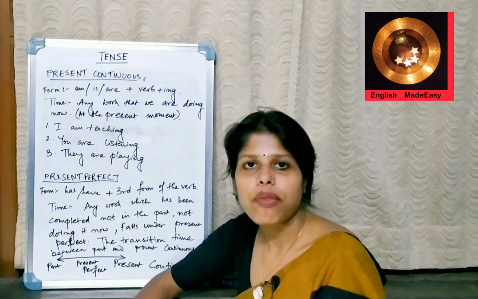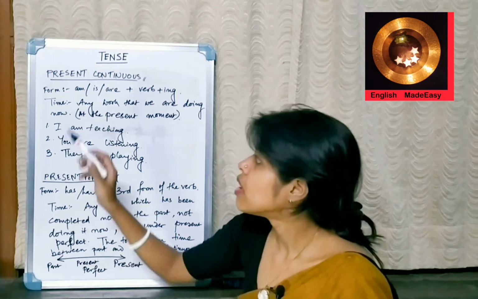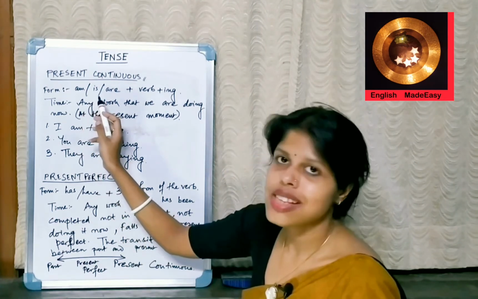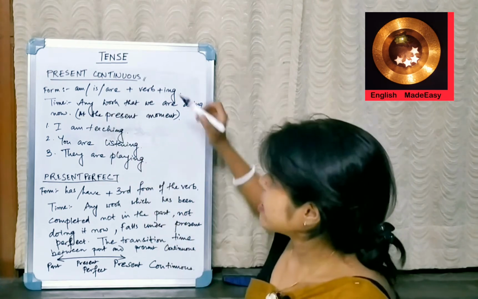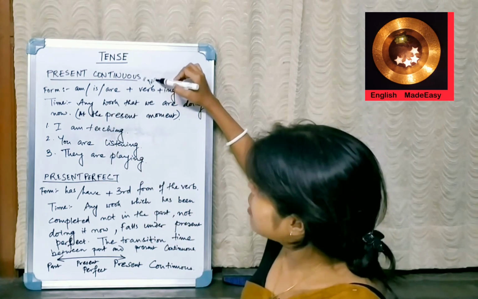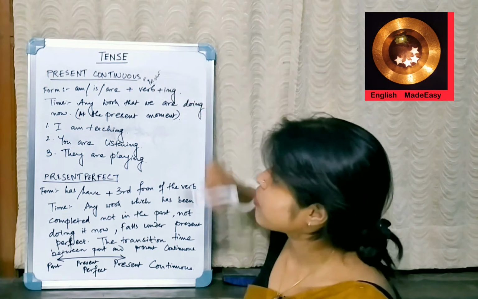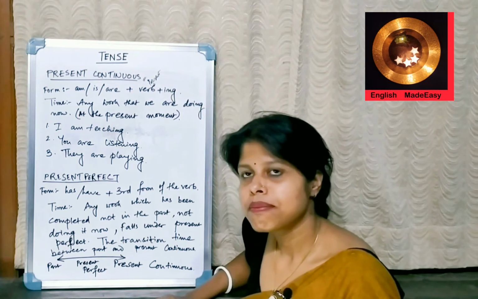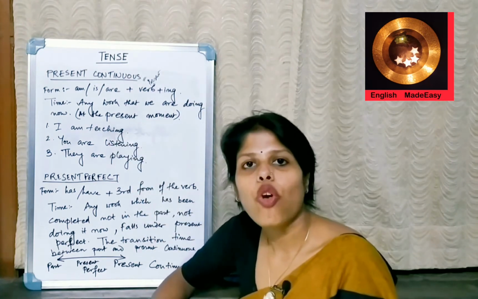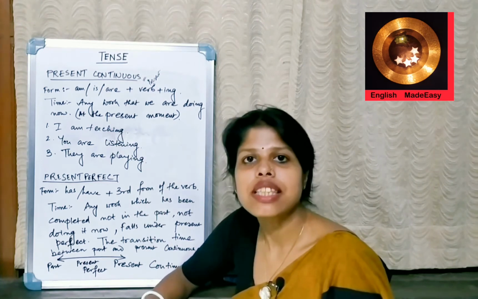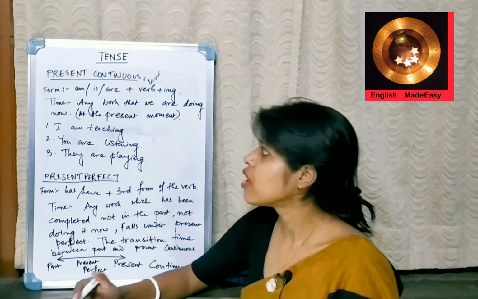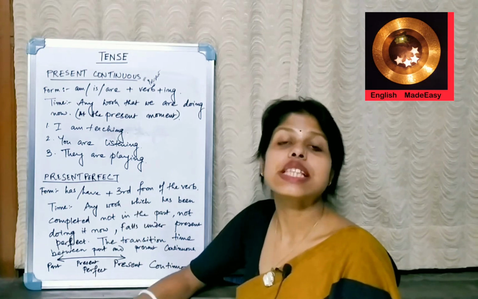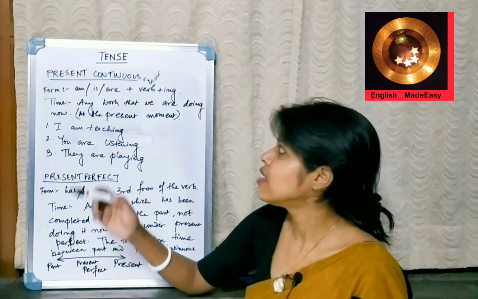Now, what is the form of using the verb? Am plus or is or are plus present form of the verb plus ing. We have to add ing with the present form of the verb. What is the time of this present continuous? Means, when are we using this present continuous tense? We are using this present continuous tense